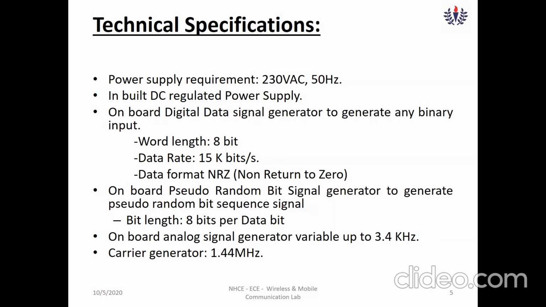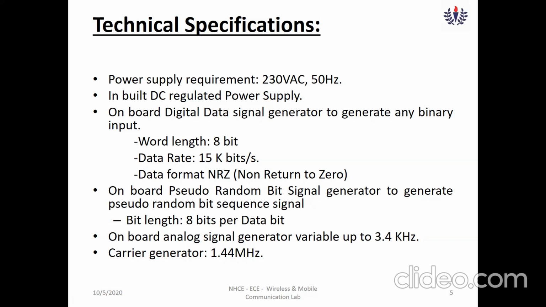The first technical specification is the power supply requirement. It requires 230 volt AC, 50 Hz AC supply, and an onboard DC regulated power supply is available. So depending upon the trainer kit requirement, either 5 volt DC or 12 volt DC is going to flow through the board. The onboard digital data signal generator has a word length of 8 bits, which means my binary data generator is going to generate 8-bit data length,